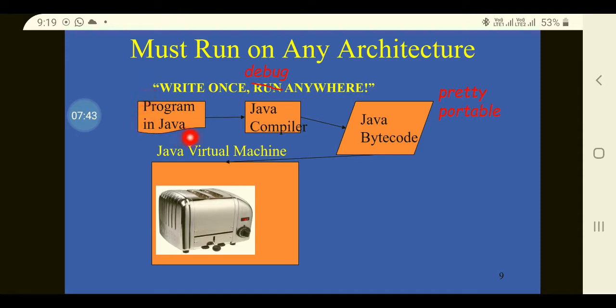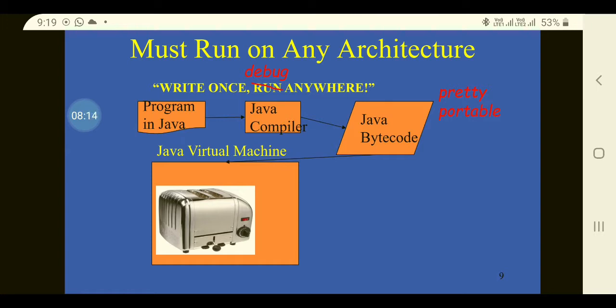The program in Java is compiled by the Java compiler as Java bytecode. The bytecode in turn gets into the Java virtual machine, and the Java virtual machine converts the bytecode into executable code,